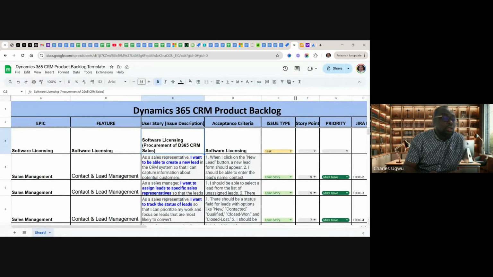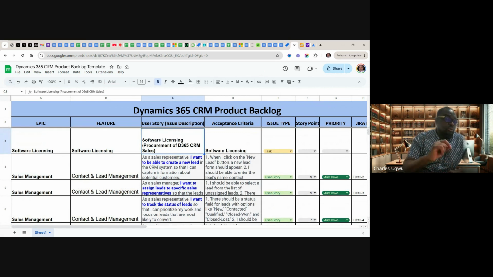Okay. The first thing we plan to do here is under this epics and feature, this is sales management. Under sales management, what we want to achieve in this Dynamics 365,